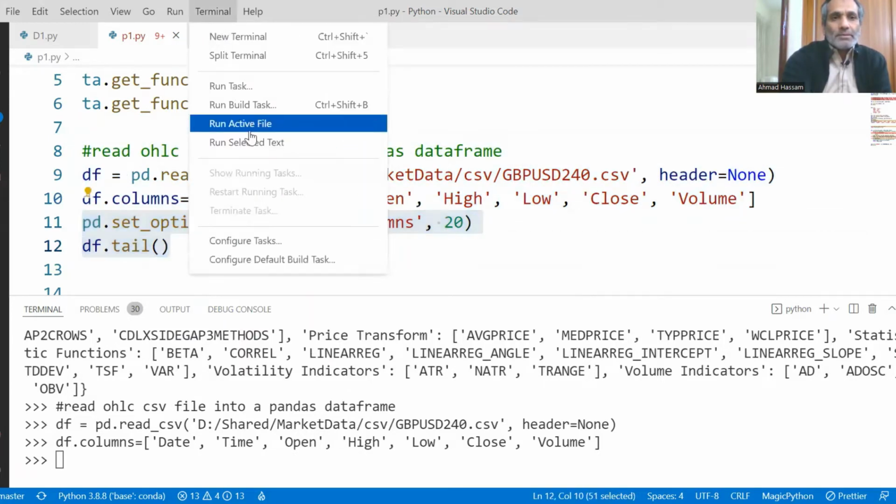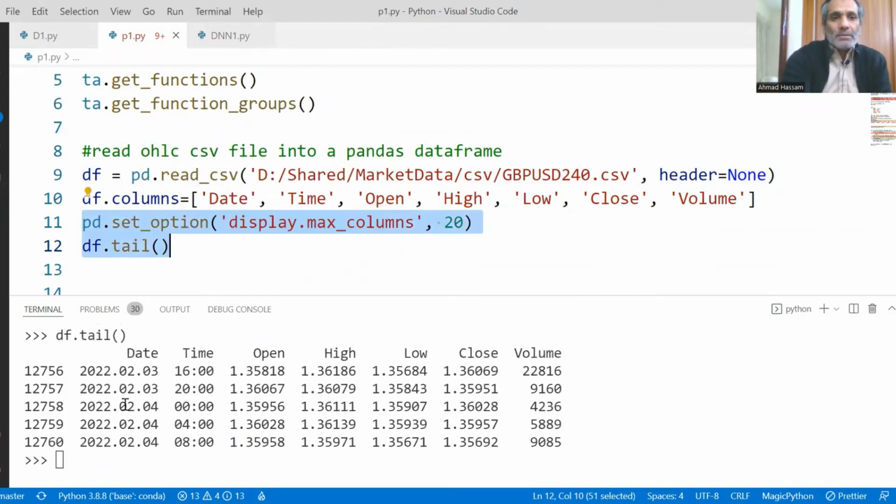So let's see. Date, time, open, high, low, close, volume. We have got 12,760 rows, meaning this data frame has 12,760 bars of data. It's a lot of data.